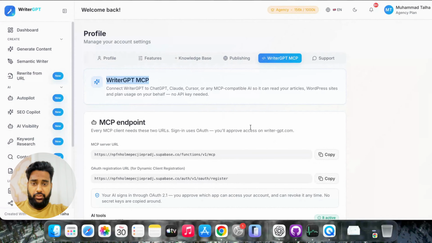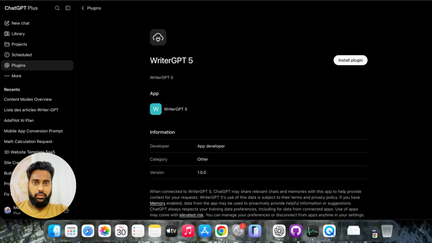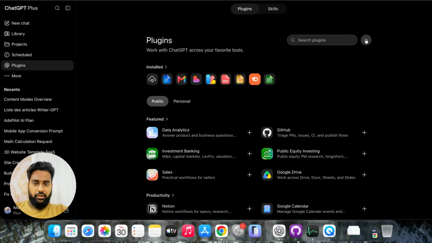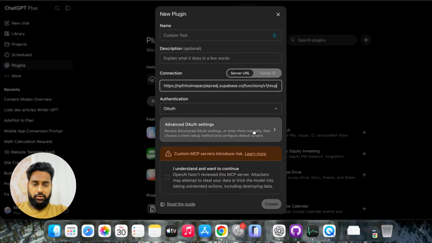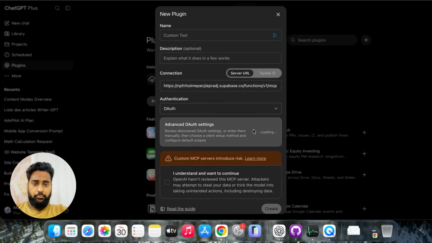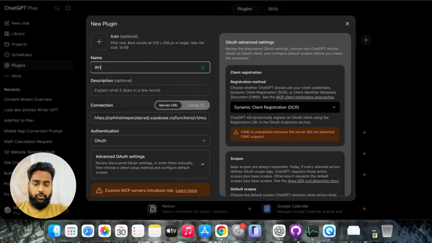Okay, so first of all, we are going to connect it with ChatGPT using plugins, and we need to copy this MCP server URL from here. Now we are going to ChatGPT, go to plugins, click on the plus icon, and simply paste the connection URL here, and you will click on auth settings from here. In the meantime, you can name our tool WriterGPT MCP